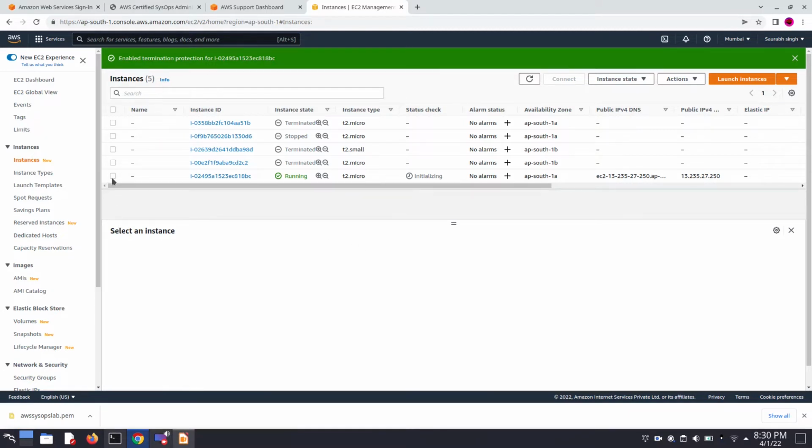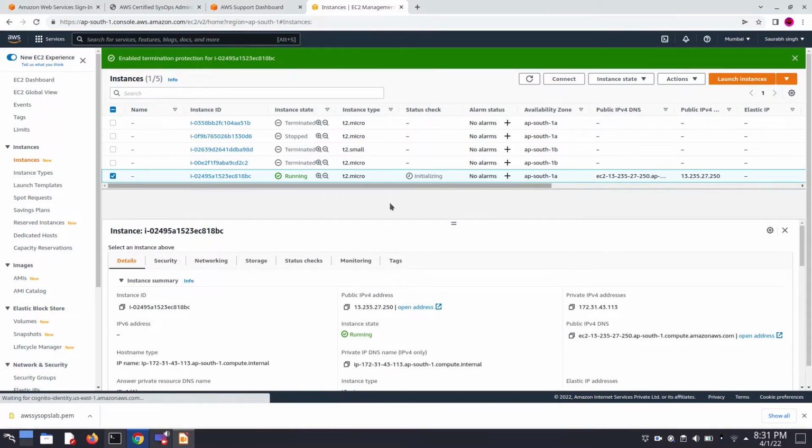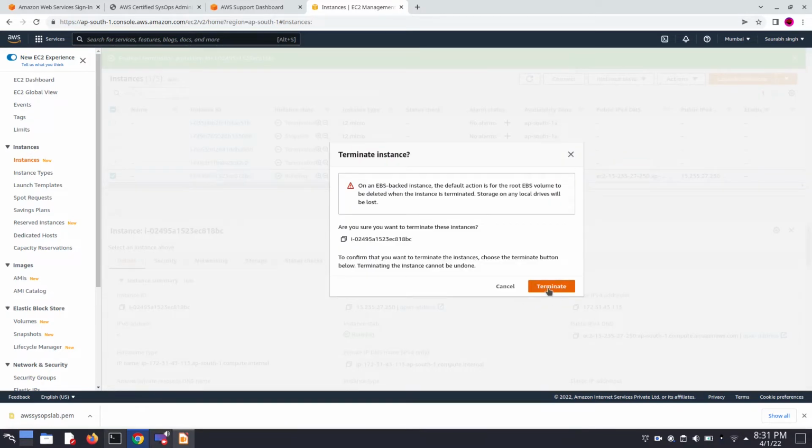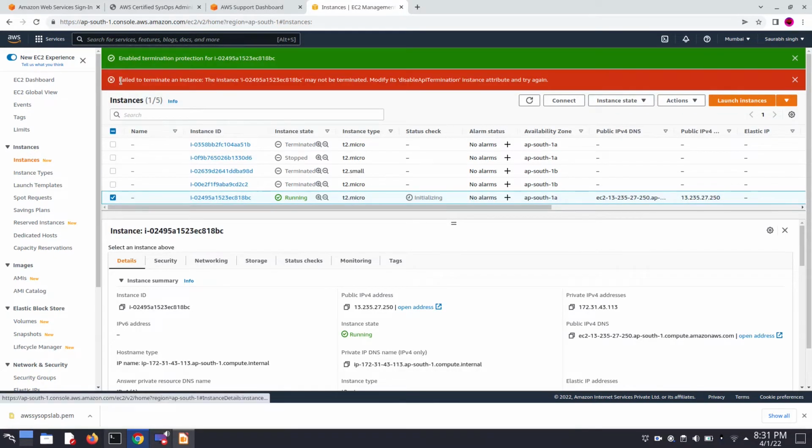Okay, so here select this, and now my instance state is running. Let's try to terminate this. Go into instance state and now click on terminate instance. Oh, see here, failed to terminate an instance. The instance may not be terminated. Modify or disable API termination instance attribute and try again. So here an error has popped up and we are unable to terminate this instance, but